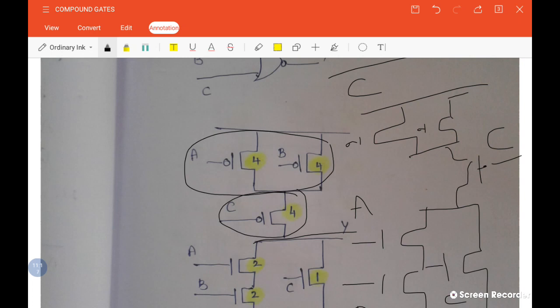So this is the way we form the CMOS implementation of various complex gates. Whatever the function, you can convert it and form the complex CMOS implementation in this way. So here the diagram is over now. Once you have completed this network, that is the CMOS implementation for the given function, it gives you (A·B + C) the whole bar. Okay, and then